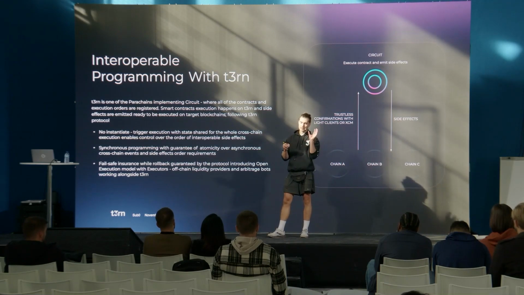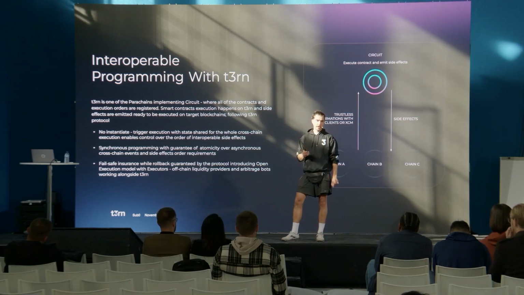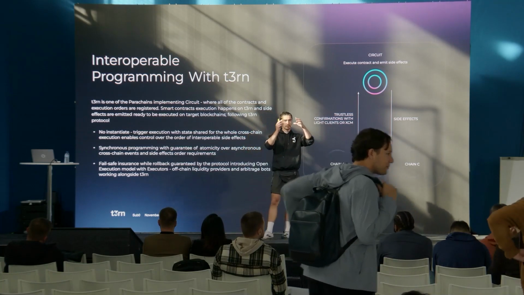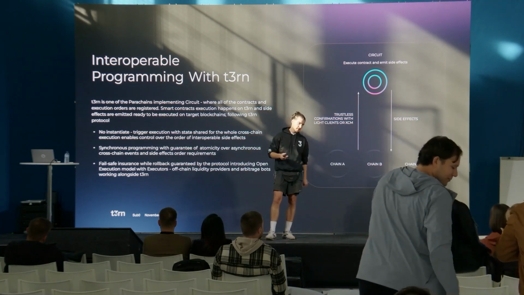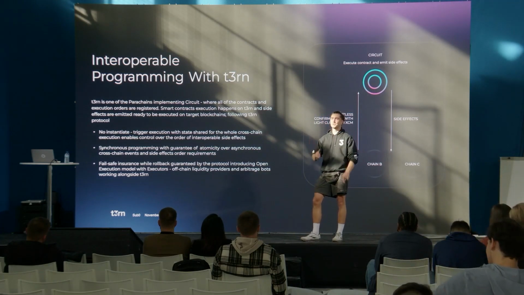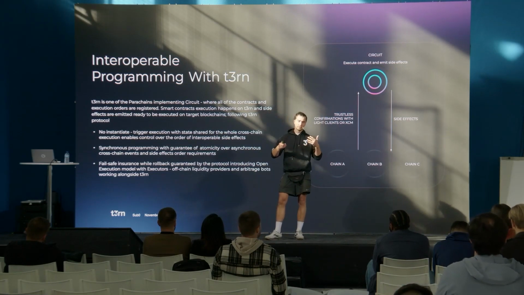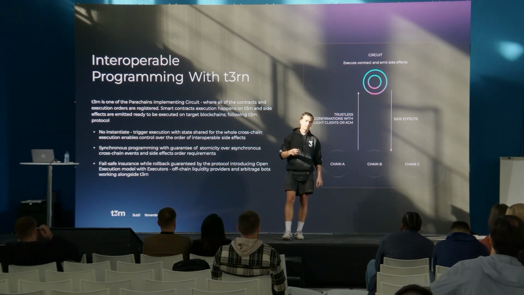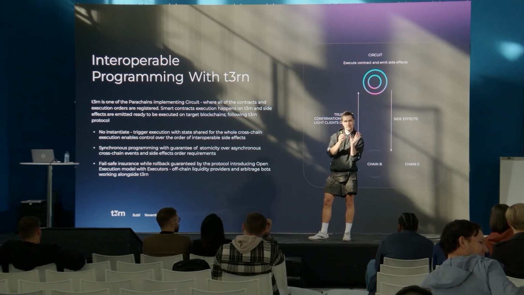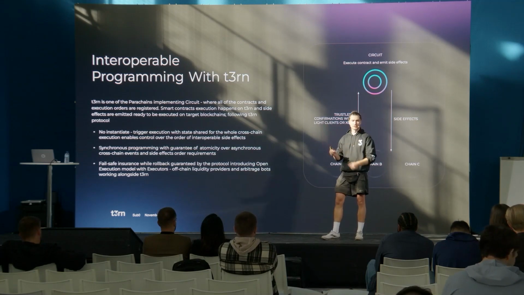While executing the smart contracts on-chain, what T3rn does, we extrapolate all of the operations that could happen on different chains, and we emit an array of artifacts that we call side effects. And those side effects are then put into an open market system where all of the off-chain agents that we use, we call them executors, are able to pick up the side effects, and if the deal makes sense for them, execute them on-chain on a different consensus system,